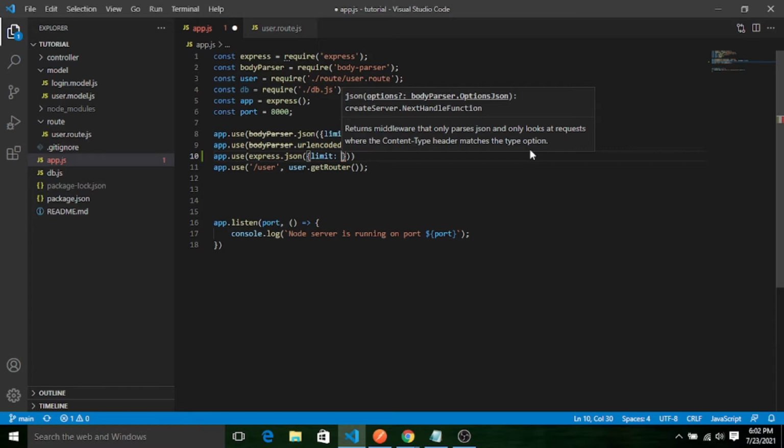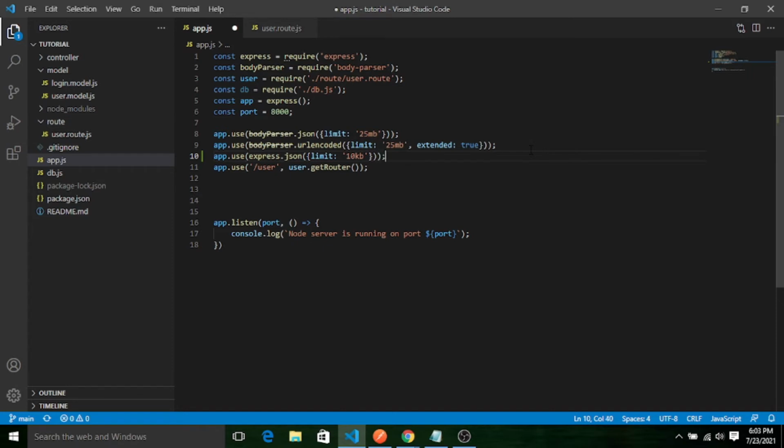Let's say ten KB. The data coming with those requests we can limit, so that in any time interval it will accept only a limited number of requests. So this is actually the body limit.